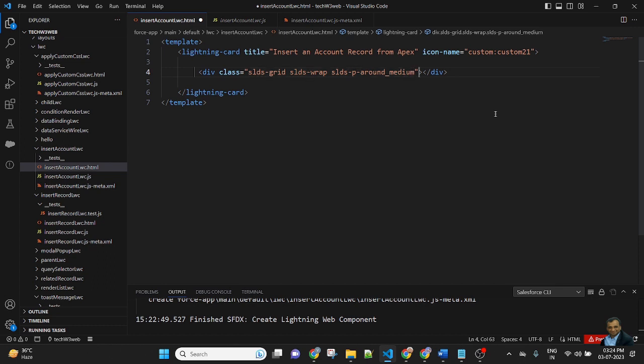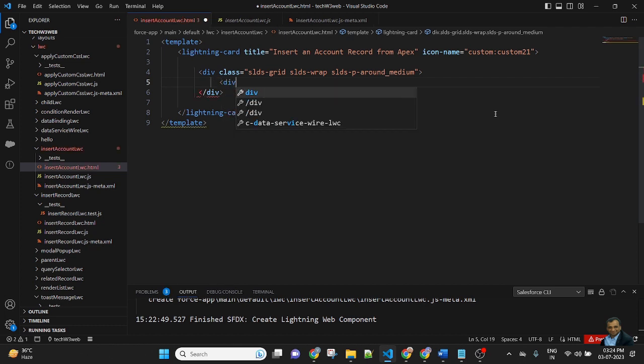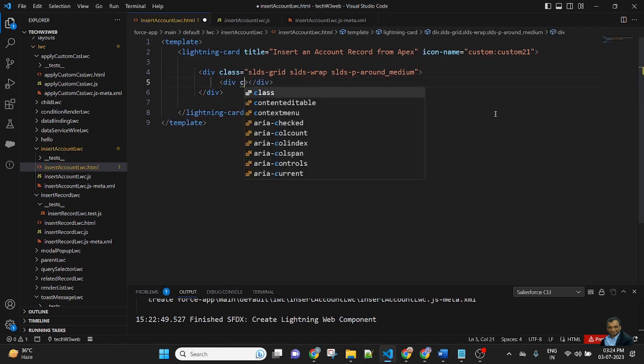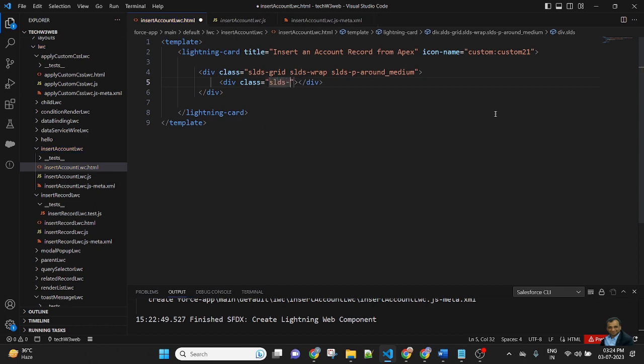I am using classes of the Lightning Design System. Then I will create a div with class SLDS col, SLDS size 6 of 12.